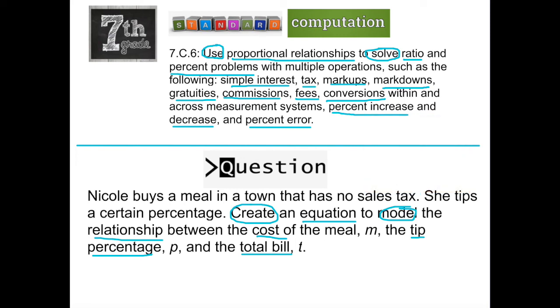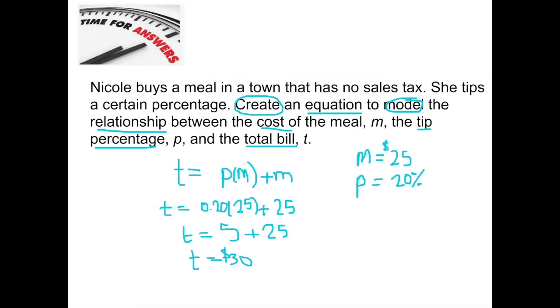Time is up. Let's take a look at the answer. Nicole buys a meal in a town that has no sales tax. She tips a certain percentage. Create an equation to model the relationship between the cost of the meal, M, the tip percentage, P, and the total bill, T. So an example of the equation with the variables would be the total bill,